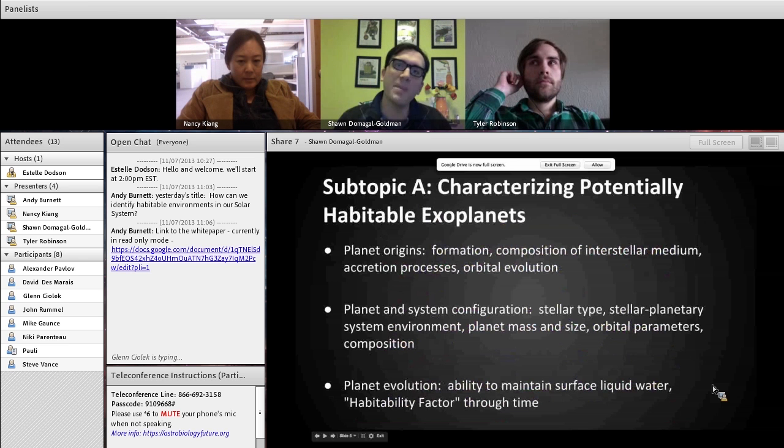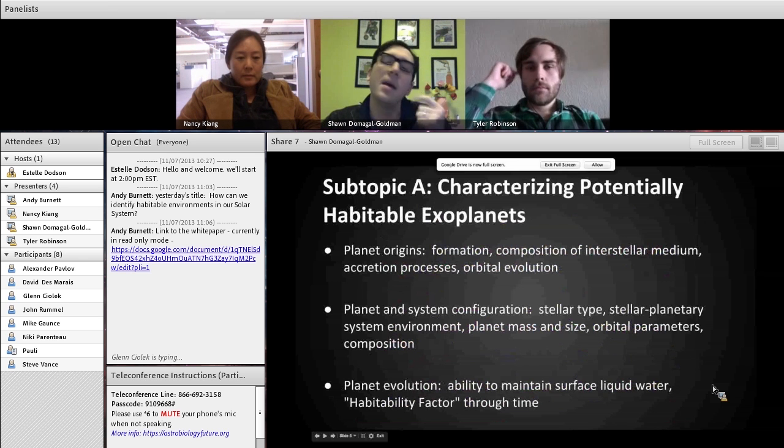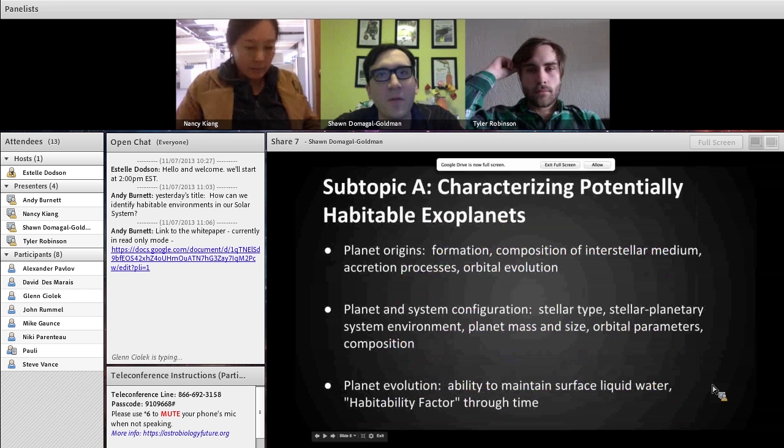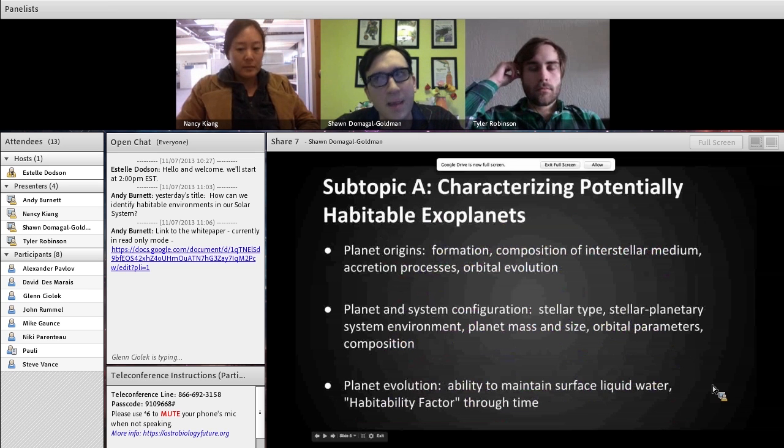So this is once you form that planet, actually looking at it. How big is it? If it's too big, it might collapse a gas envelope around it and be more like Jupiter. And you might hypothesize about floaters or something like that living there. I think that's, A, less likely, and B, if it is, those types of organisms do exist, they're going to be, I think, a lot harder to detect spectroscopically from far away, which is something we'll get to later on